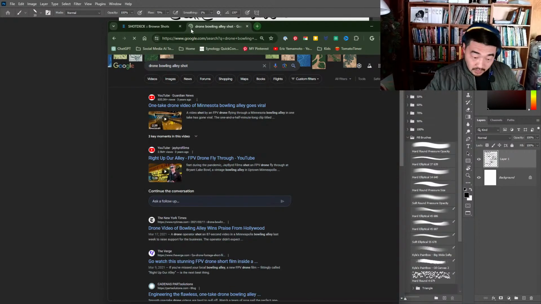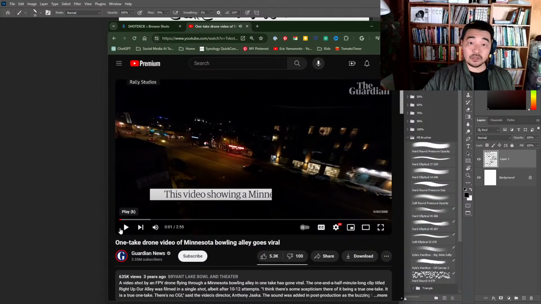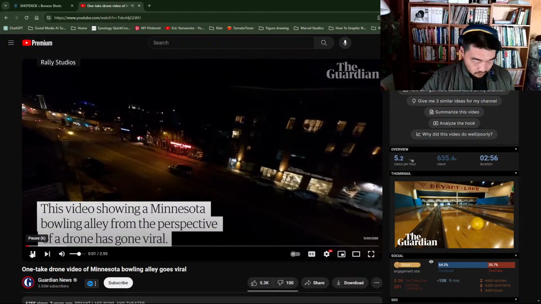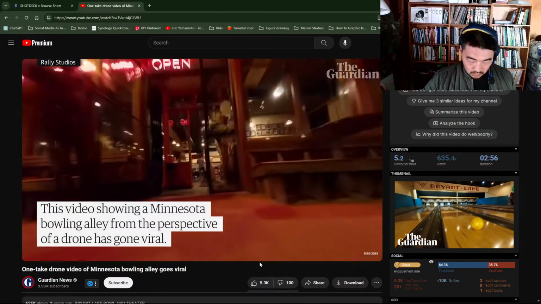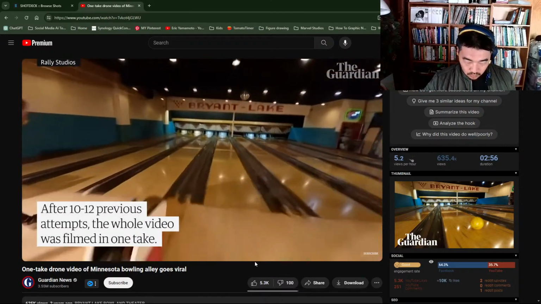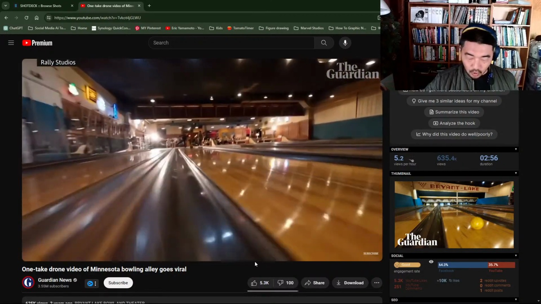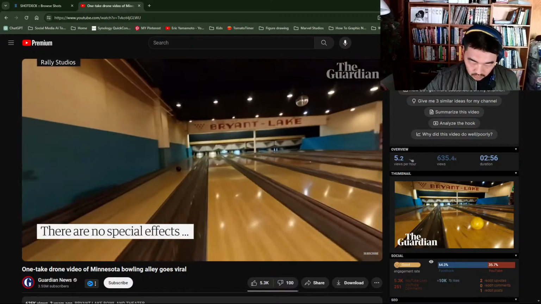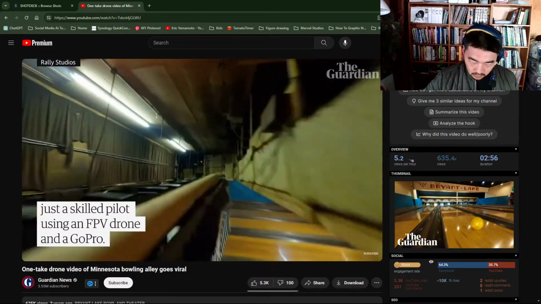Check this drone shot out. It comes in, and we go through the door, low angle, and it rises up, goes past some people, and goes through the bowling alley. We're tracking a little bit with the bowling ball. We come all the way around, and then we go into the bowling pin area, up.